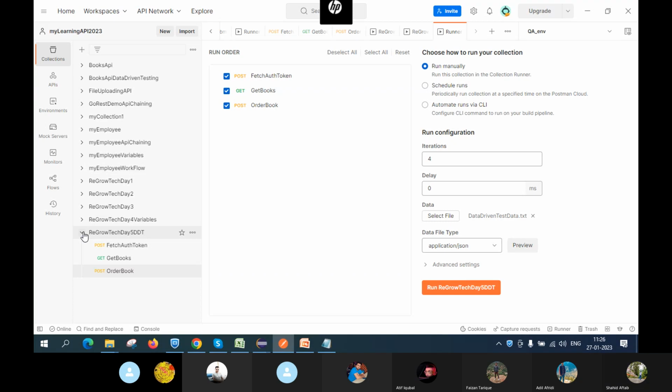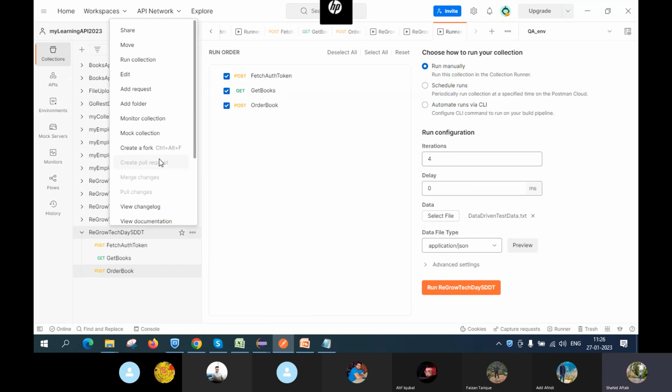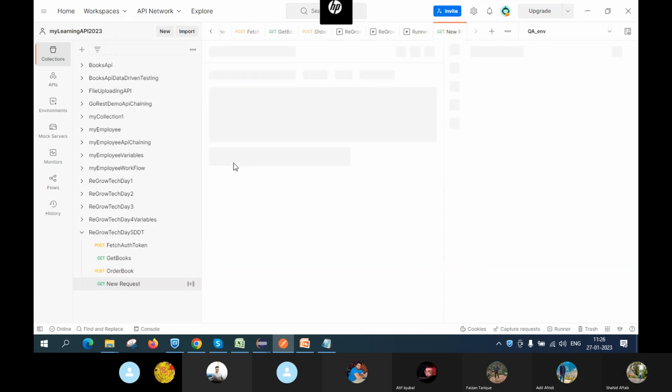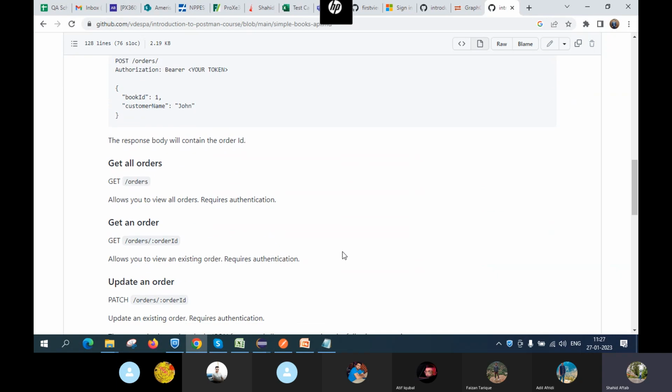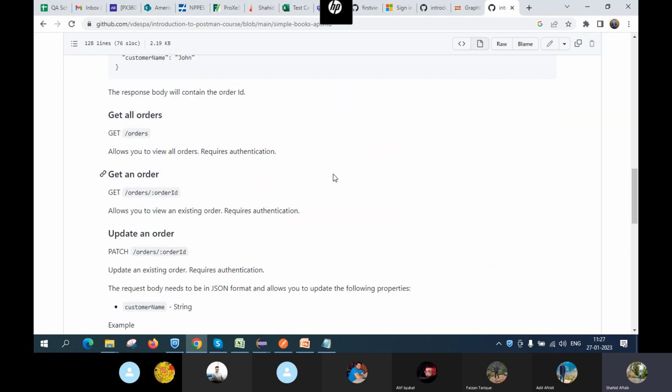Now the last one. Let me do this one. Okay, now creating a new request. We are left with only 3 minutes. We will be doing it. Okay, so suppose we have made orders, correct? Right now, how many orders have we made? First, manually we made one order. Then with data driven we have made lots of orders. So if you want to see all the orders,